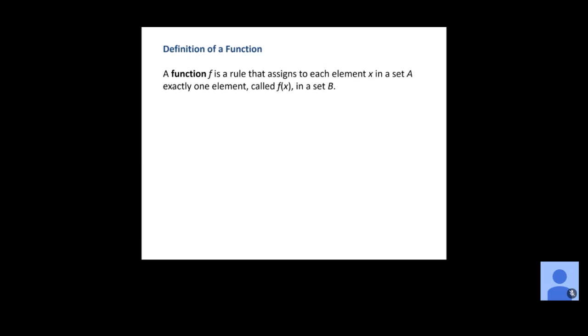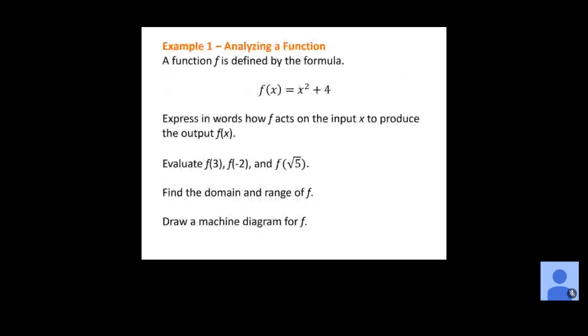All right. So functions. In general, a function is a rule that assigns to each element x in a set A exactly one element f of x in a set B. In other words, for every x, there's exactly one y value. Okay, that's what it means to be a function. We'll look at examples of things that are not functions. If you ever have an x that has multiple y values assigned to it, it is no longer a function. That's what it takes to be a function.